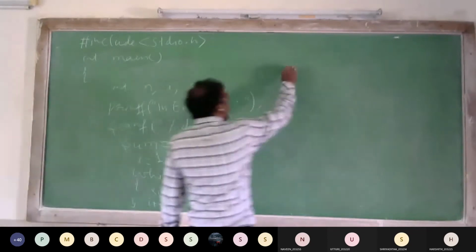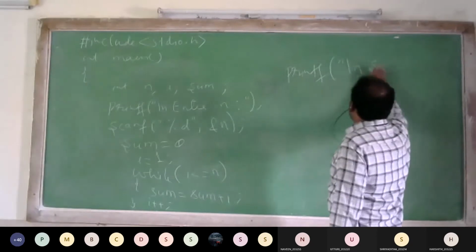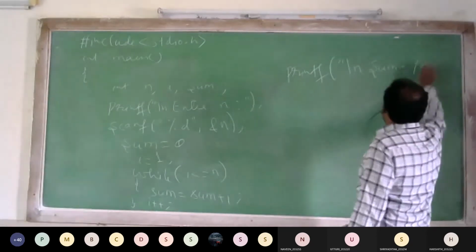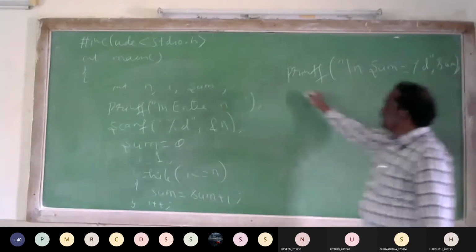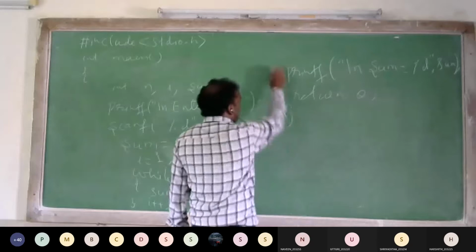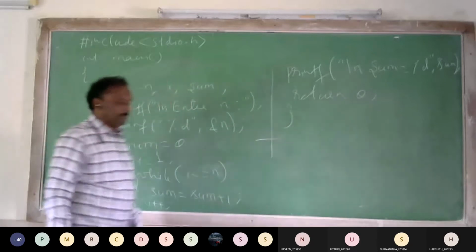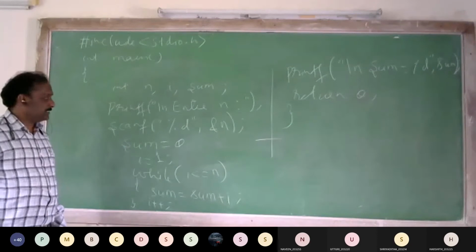When the condition is false, print the value: sum is equal to %d, sum. What is the last statement? The last statement should always be return 0. This is our program.